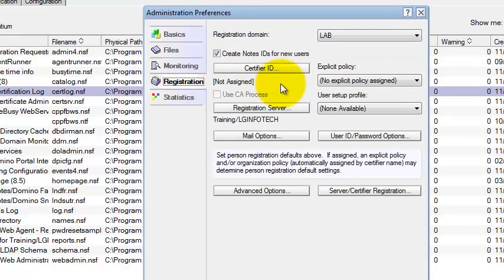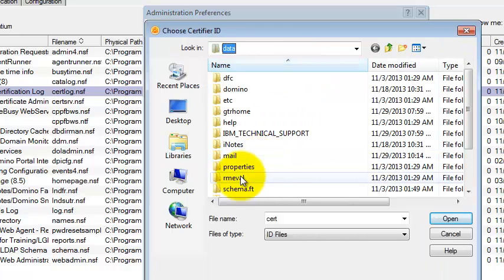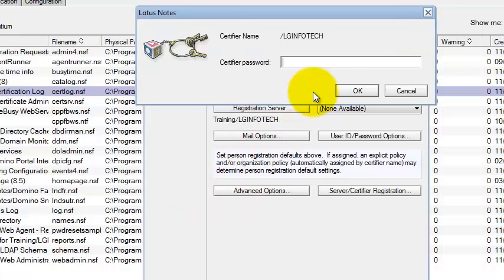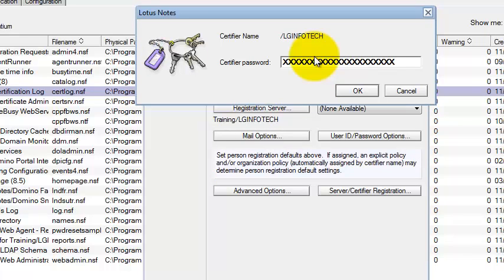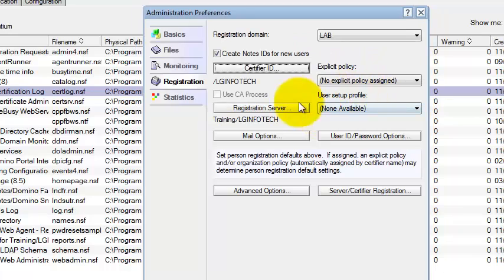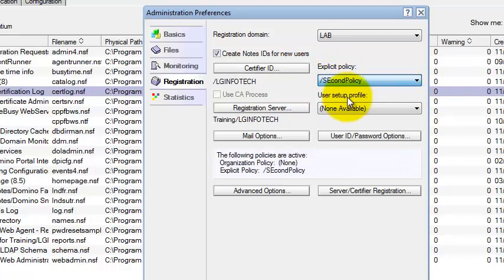Go to the registration server here. Under the registration panel, you can check what domain you want to register the users in, and create Notes user IDs for new users, and which cert ID file you want to select. The cert ID file will be this. You can provide the password here. If you have any different certifications, you can set them up at registration time. This certificate will be selected automatically, and if you want to assign any explicit policy to the users, you can select